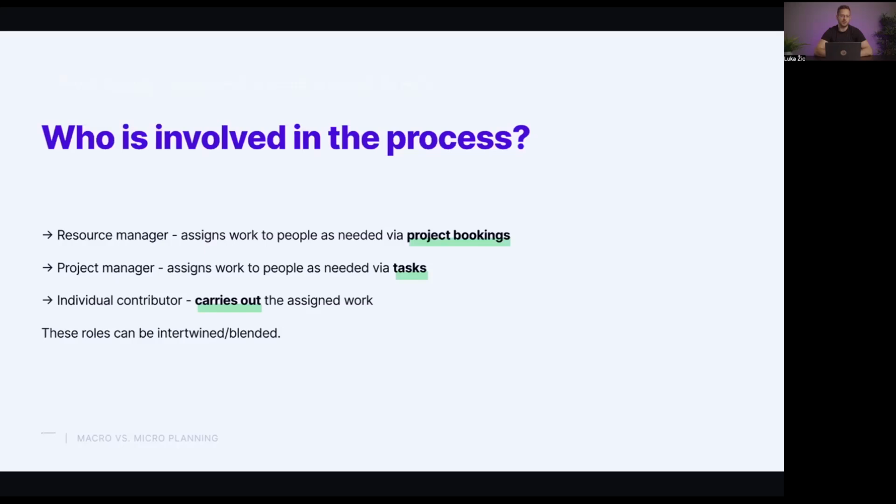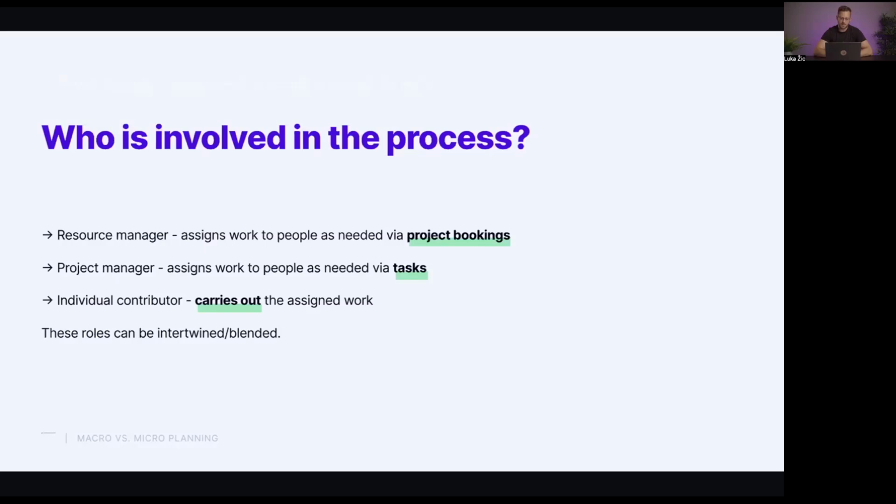This can be in an executive way, where they actually go into Productive and assign bookings, or it can be in a, let's say, consultative manner, where they sit down with another person, be it a dedicated resource manager or a project manager, and decide together who is going to be doing the work.